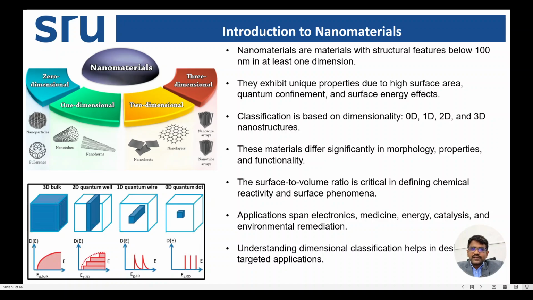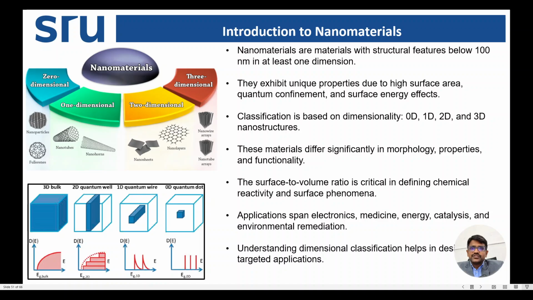So by modifying the size of the nanoparticles, we can tune the band gap. Once we can tune the band gap, we can tune optical properties and electronic properties. So to tune optical and electronic properties to reach our desired electrical and optical applications, this quantum confinement